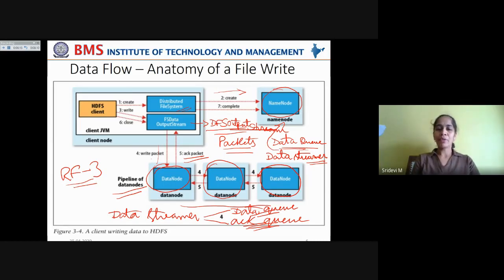safely written. Now, say in this process, if a data node failure happens, then what is the sequence of steps that are performed?